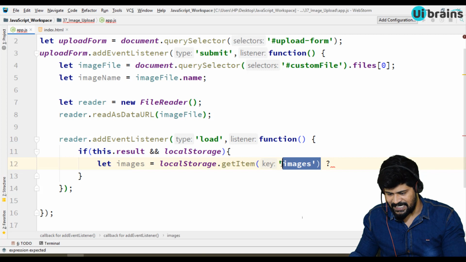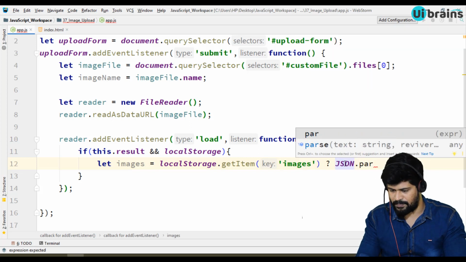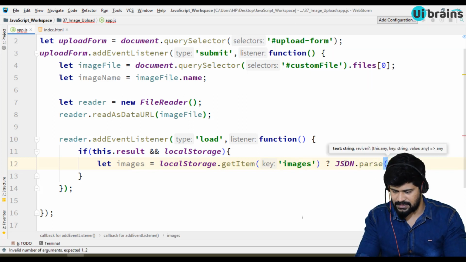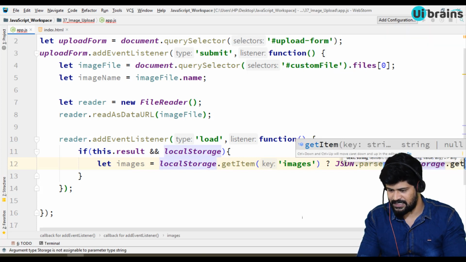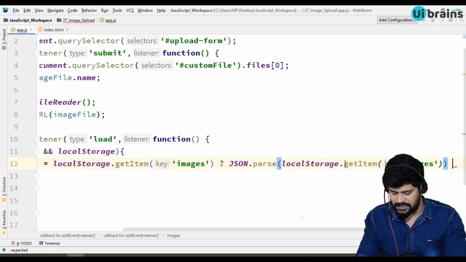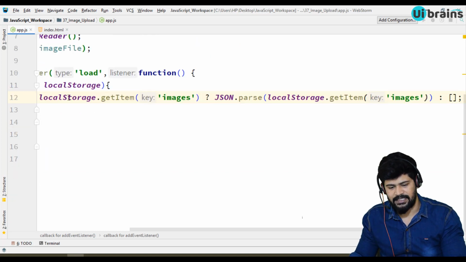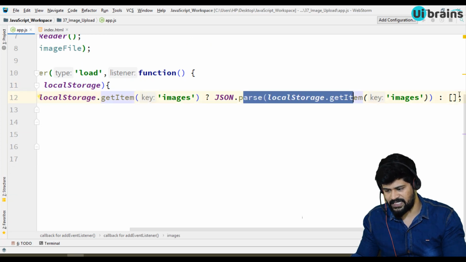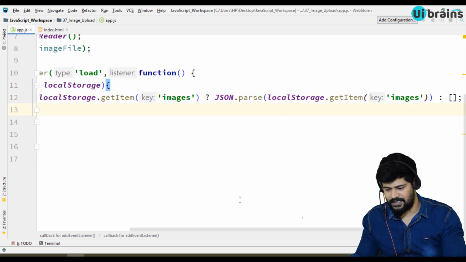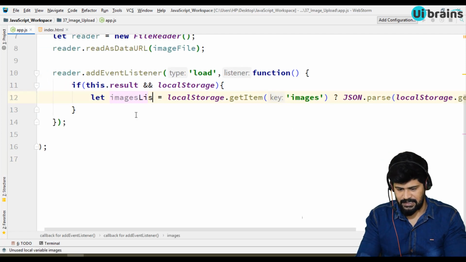If any data is available with the key called images, let me fetch it, so JSON.parse of localStorage.getItem of images. Otherwise, since the first time there is no data, otherwise it is an empty array. So if any data is available, fetch it, otherwise just take an empty array for the first time. So you got the images list.